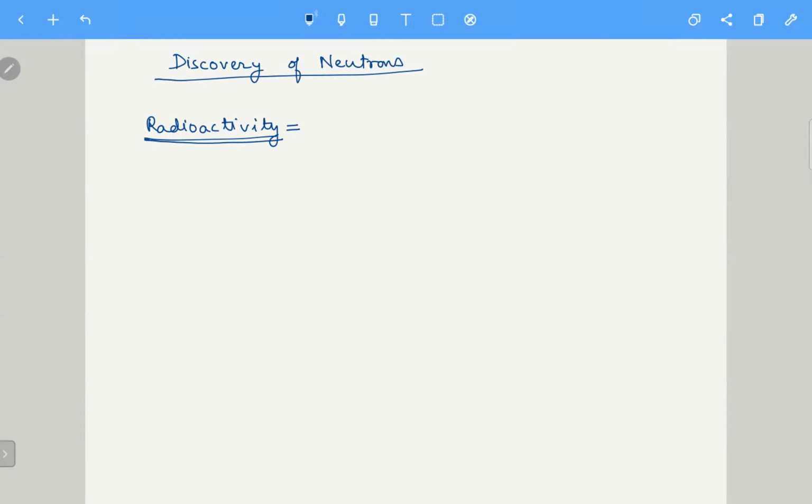Neutrons were discovered only after the discovery of radioactivity. Radioactivity याद है, मैंने brief में discuss किया था शायद introductory lecture में. Can you come again? क्या कोई बताओ, what is radioactivity? The decay of a substance with emission. One second. Raise your hands.